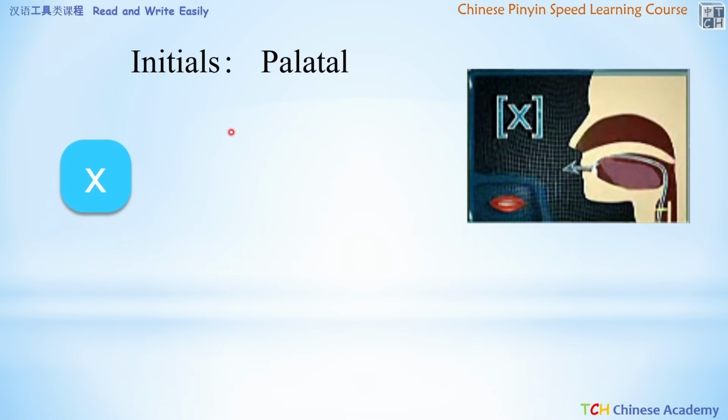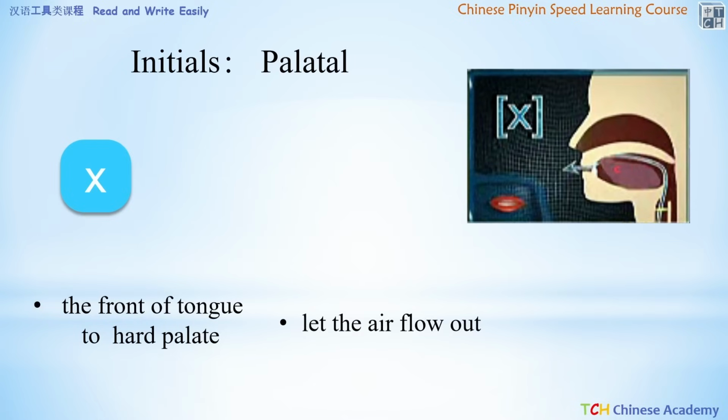The last palatal initial is 西. Just as with the other two initials, we need to raise the front of the tongue to the hard palate and then press the tip of the tongue to the back of the lower teeth. But this time, let the air flow out of this channel, and the sound is aspirated, just as in the English word she. 西